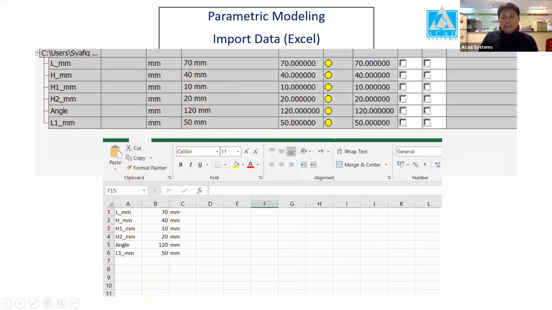Okay, for our topic, which is parametric modeling, you need to have two software. The first software is Inventor. The second software is Microsoft Excel. Okay, how do I link between one software, Excel, to Inventor? Right, so I go to